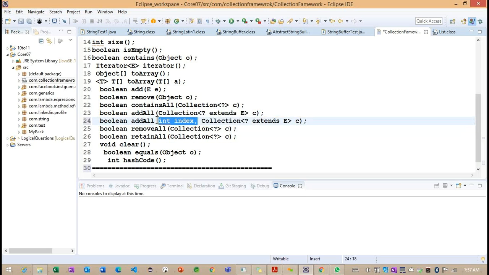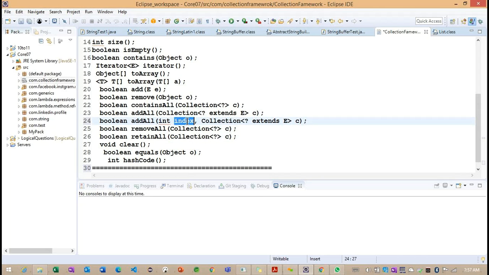Now, based on the index location, getting the point? Based on the index location, we are going to store the collection of objects here. The first parameter we specify is the index, so whether we store at 0, 1, 2, 3, or some other position, based on the index location we are going to store. Getting the point?